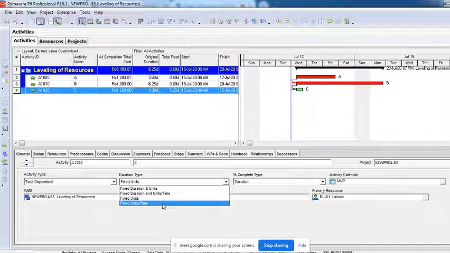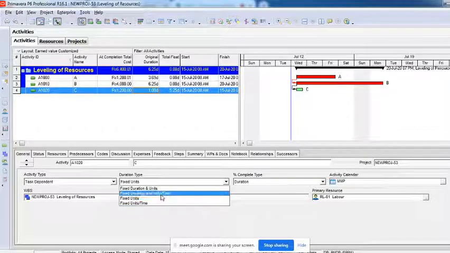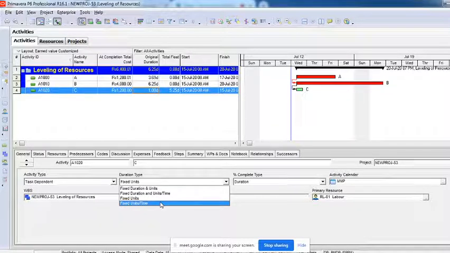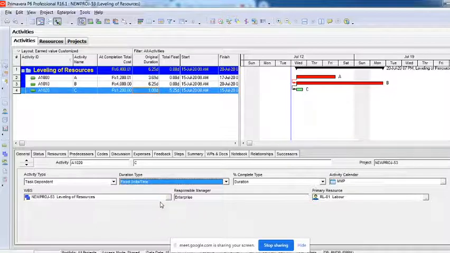Earlier it was 1000. Now because you have started working 2 hours extra per day for each human resource, we have 10 laborers, everybody started working overtime 2 hours per day, so the total work has become 1200 hours. Work will increase if you make this fixed duration and units per time. But if you increase the calendar or work time or overtime and still you increase the per time, in this case the work will remain constant and duration decreases with respect to the amount of work which you have done extra.